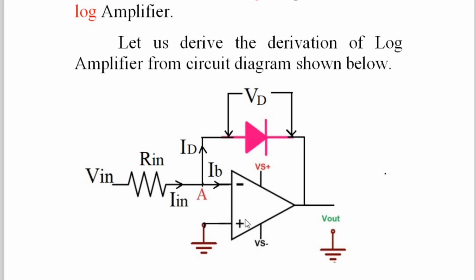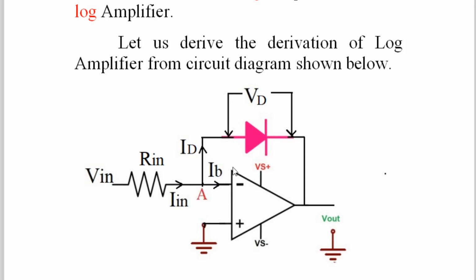Because the internal resistance of the op amp is in mega ohms. That's why IB. Why is it given IB? Because there is a transistor inside the op amp, therefore it is called base current. So this IB is very less, and therefore this incoming current gets diverted to the feedback path, and through whatever component is there, it flows.